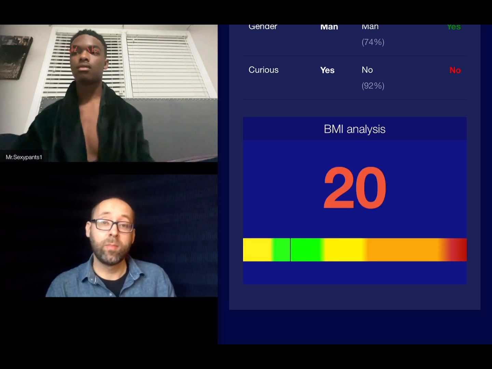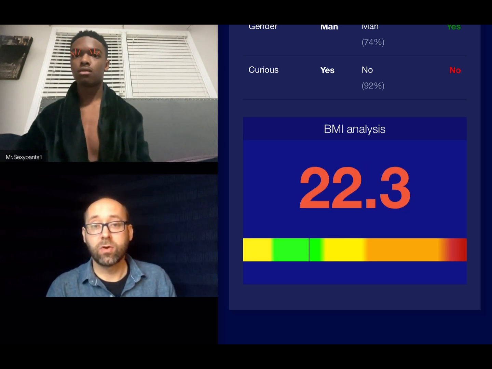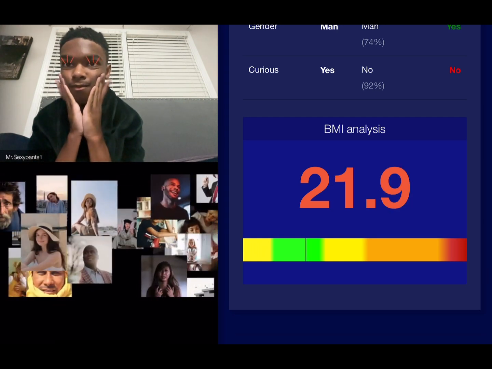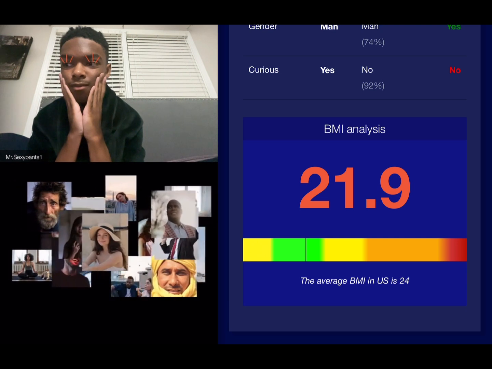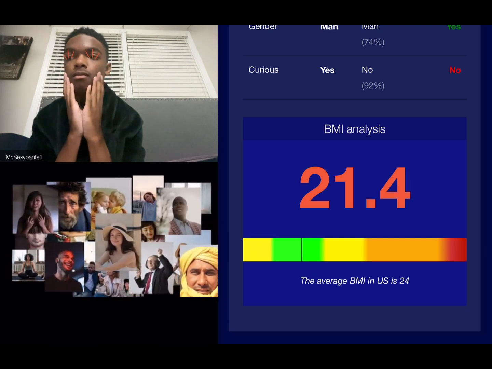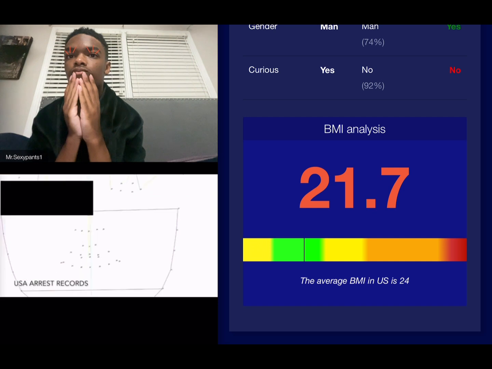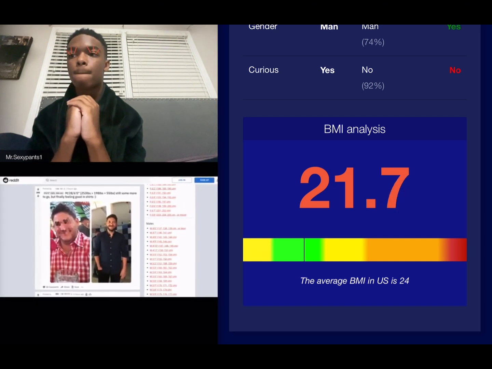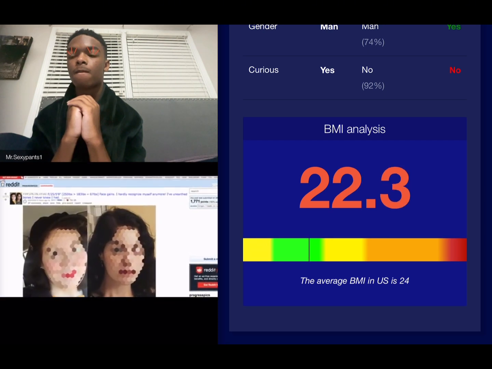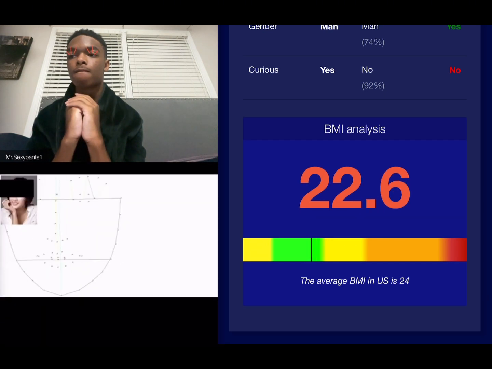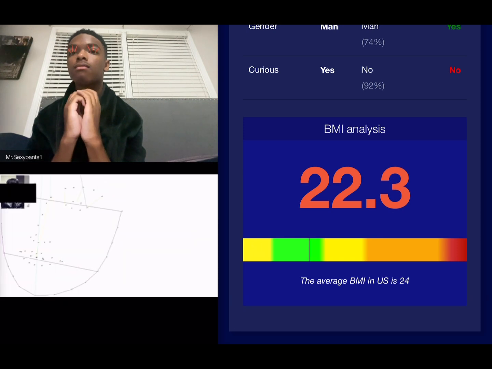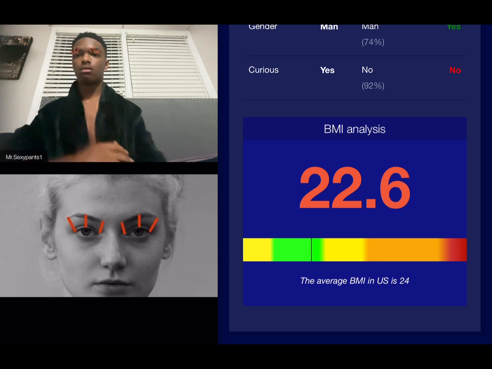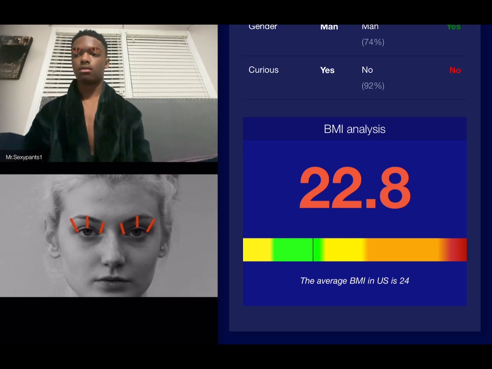Our next algorithm on the menu tries to determine your body mass index, or BMI, from just looking at your face. To make an algorithm like this, you'll once again need thousands of photos of people that are tagged with their body mass index. In practice, I found that the required data is often simply scraped from the internet. For example, some researchers who work at Google took these pictures from online communities where people share their weight loss progress. A lot of these algorithms work by first measuring 7 proportions in your face. One of these is calculated by measuring the area above your eyes, which is why you can get a lower score by raising your eyebrows.